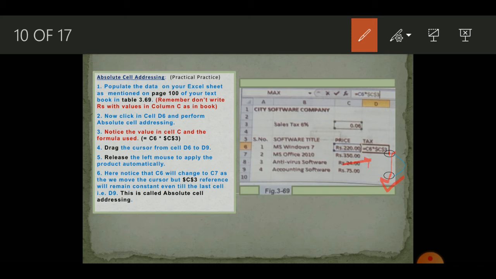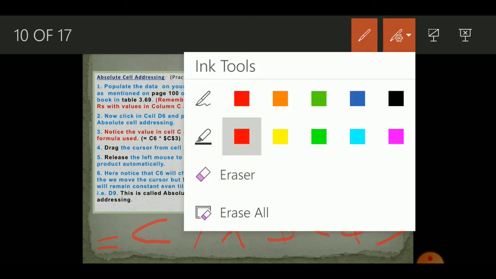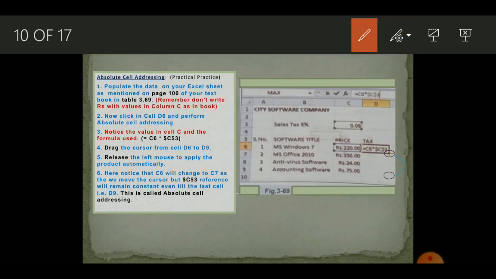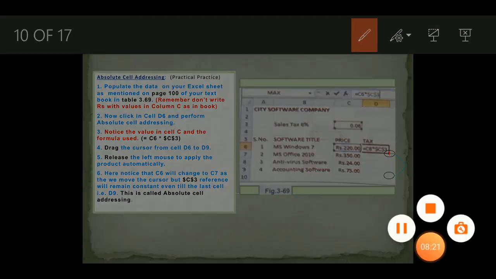For example, if you click on the second cell, you will see the C6 from the previous cell will change to C7, but the absolute cell address that we copied from here will remain the same, which is $C$3. This will remain constant throughout all the cells. This is called absolute cell addressing. So it's a really handy feature when you want one cell's value to remain constant. So this covers the topic of absolute and relative cell addressing.